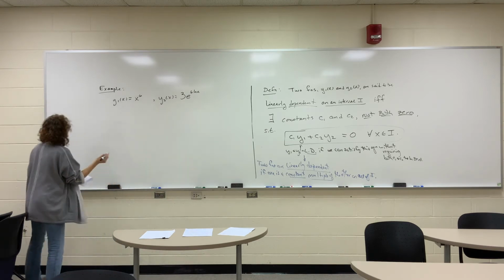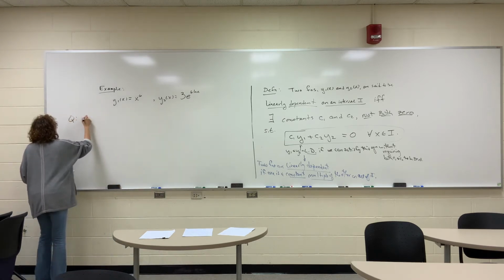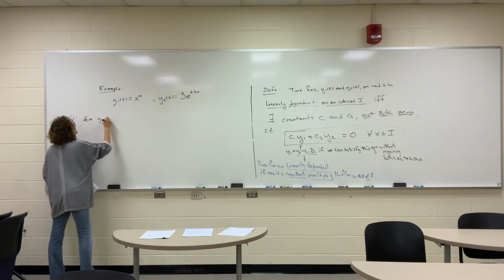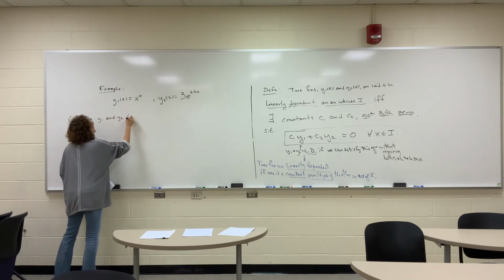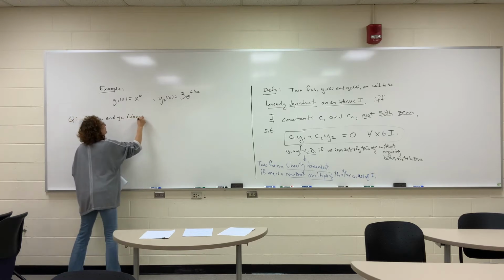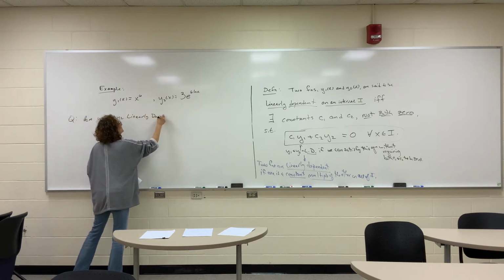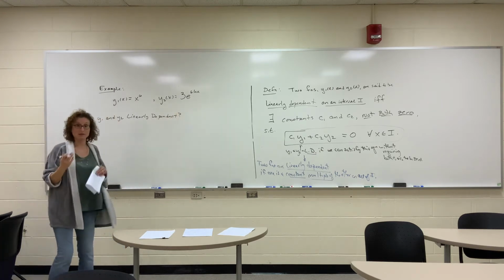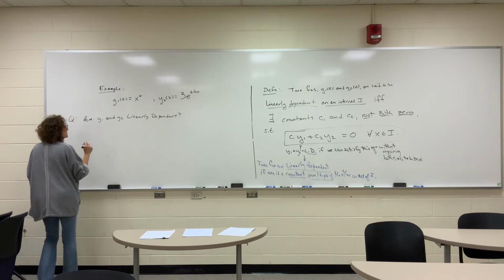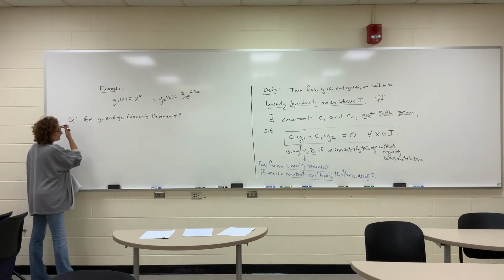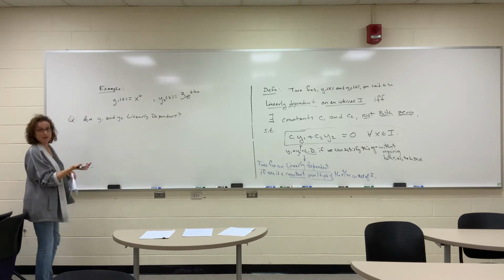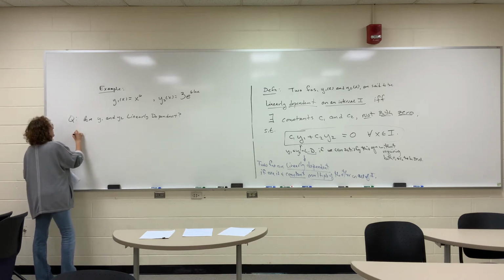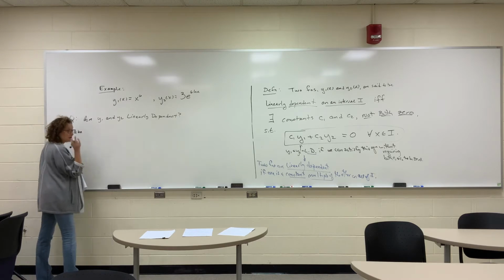Okay? Question. Are y1 and y2 linearly dependent? Now, I'm talking about linear dependence, right? That's what our eventual goal is, to talk about linear independence, right? So what is this the same as, right? Also known as, just two functions,